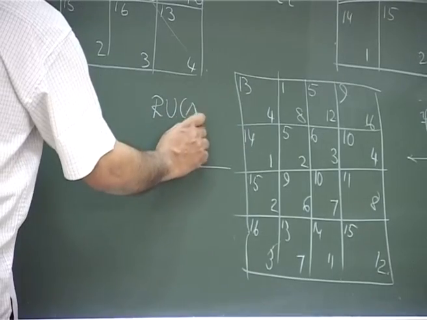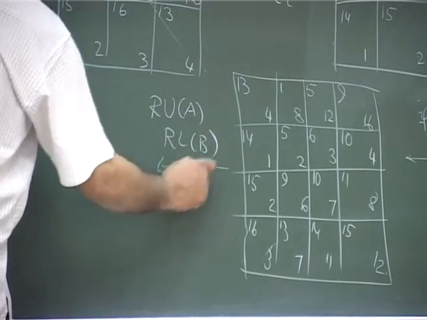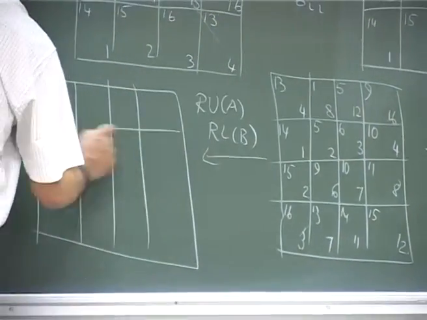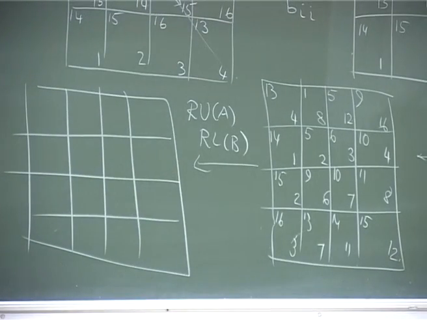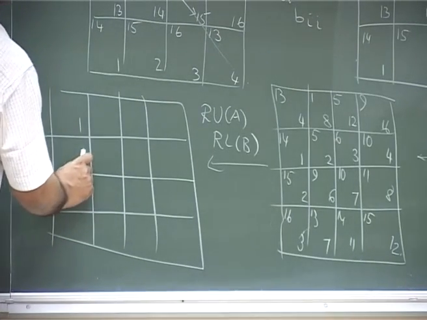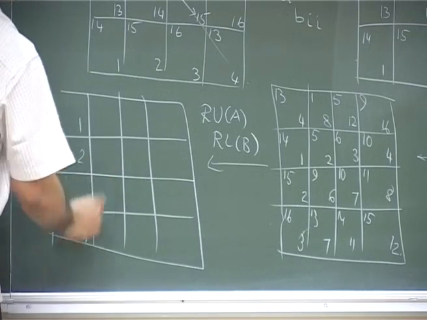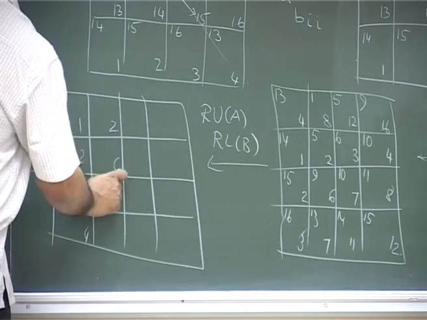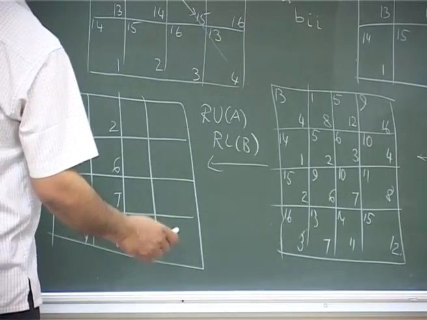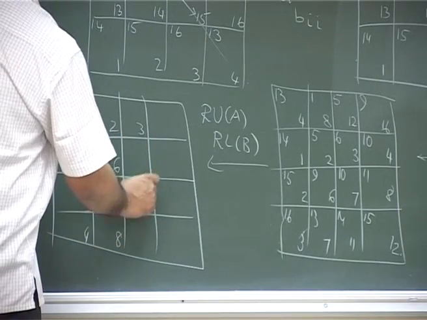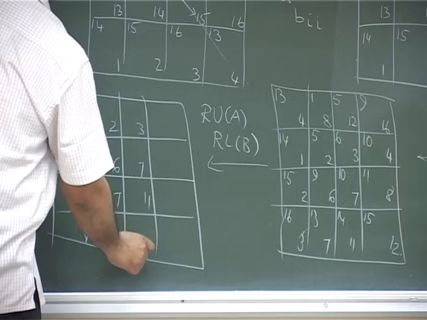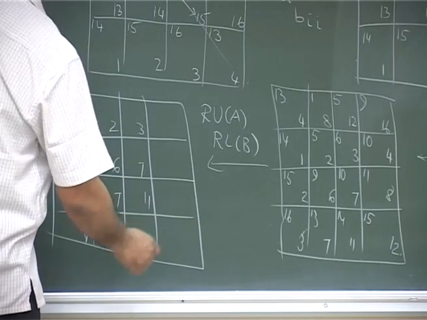You have rotate up A, rotate left B. One, 2, 3, 4, 2, 6, 7, 8, 3, 7, 11, 12,